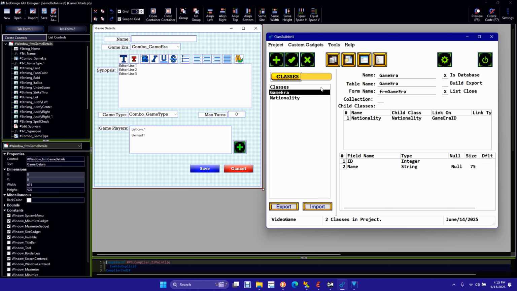So this is a parent-child relationship. We're building this to be a much bigger application. So what I have is game era, and I've created a single record there that says World War II, and then nationalities that you can choose from for that era game. I've currently set up Axis and the Allies. Okay, so keeping it relatively generic and straightforward for the entirety of this scenario of building this, that's all